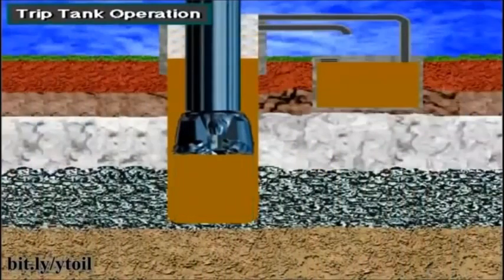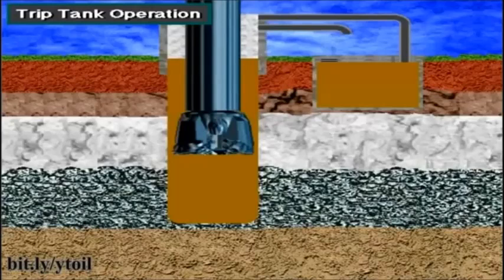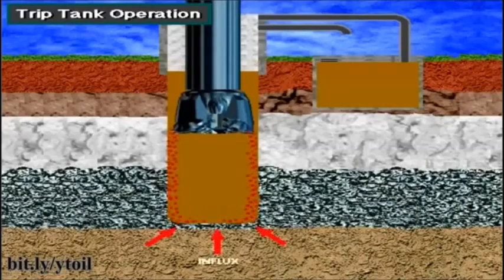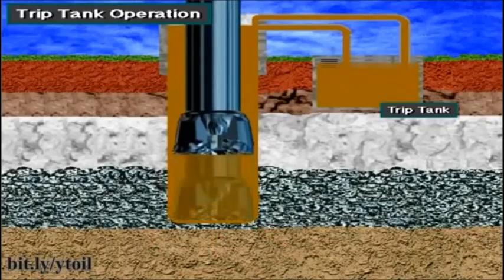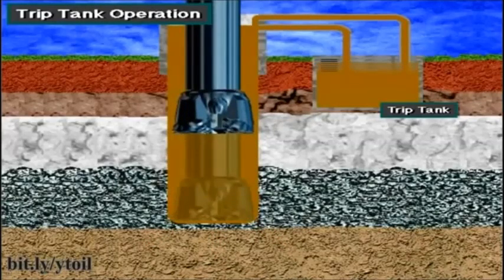When the crew pulls drill string from the hole, the mud level in the hole drops. If they let the mud level drop too far, it won't exert enough pressure to keep formation fluids from entering the hole. So, as the crew pulls pipe, they continually circulate fluid from the trip tank to replace the drill string and keep the hole full. They also watch for unusual changes,